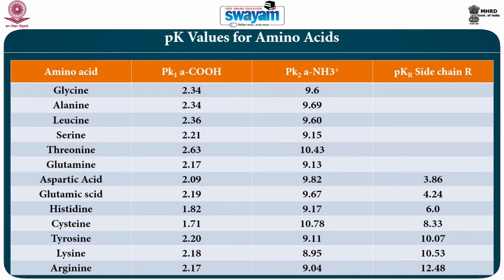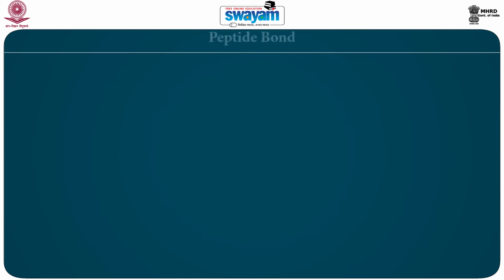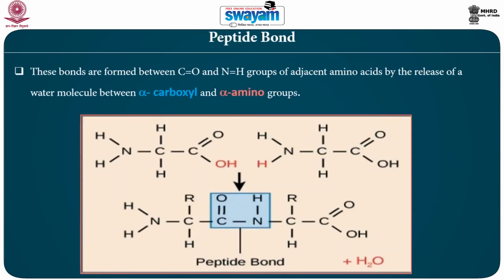Lysine has pK1 2.18, pK2 8.95 and pKr 10.53. Peptide bond. The peptide bonds are formed between CO and NH groups of adjacent amino acids by the release of a water molecule between alpha carboxyl and alpha amino